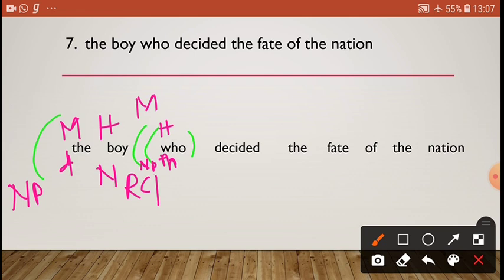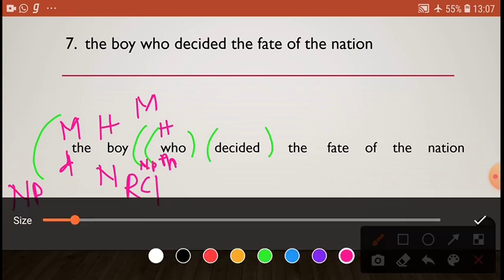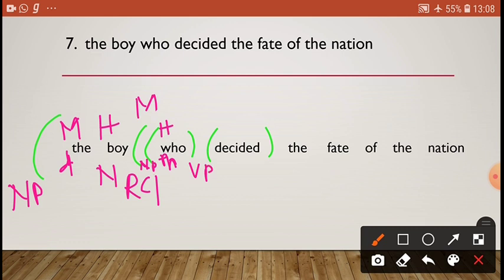Now decided is the verb phrase, and it is functioning as predicator. Who functions as subject, as this is the clause. The structure of a clause may be subject, predicator. A predicator will be compulsory in the clause, so predicator is there and the subject for the predicator is who. As this is the verb phrase, here we can say decided is